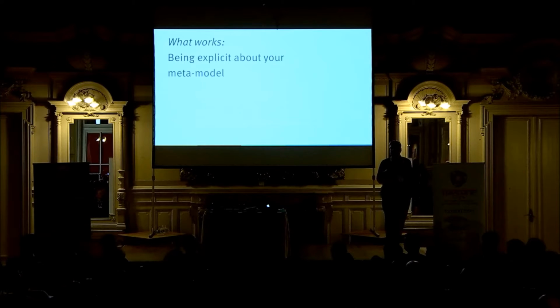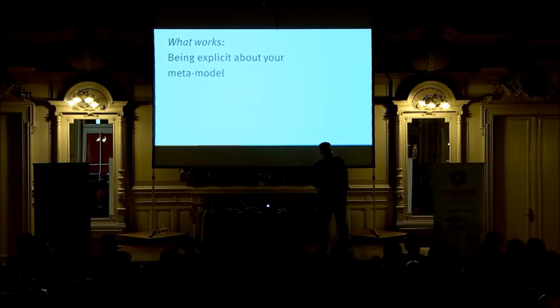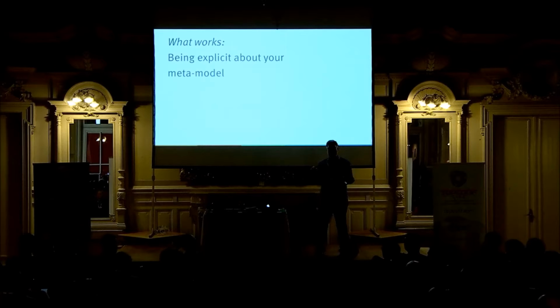What works is be explicit about your meta model. That's the idea of what your architecture actually uses, right? Even if you're in a very small team of 2 or 3 people, it makes a lot of sense to talk about what the building blocks are that you're using, and to agree on them to a certain degree, at least within the scope of that particular team. You've all probably done that in some way when you talked about layers, or when you tried to convince somebody that a circular dependency is maybe not a great idea, or that maybe the database shouldn't be calling into the UI code or something like that. If discussions like that come up,